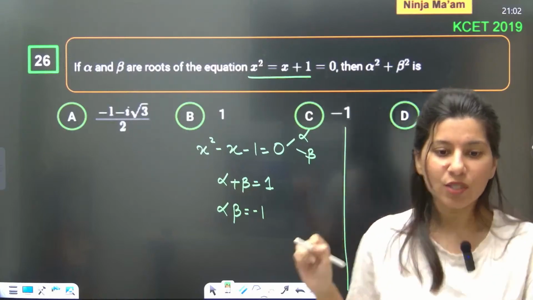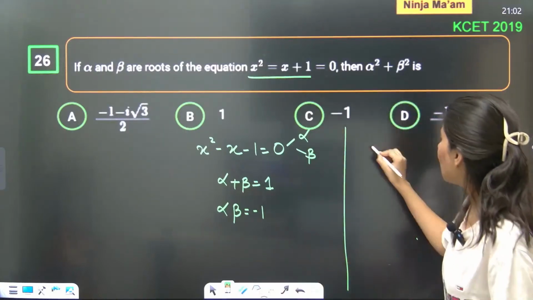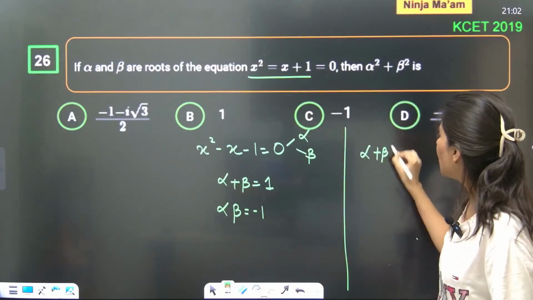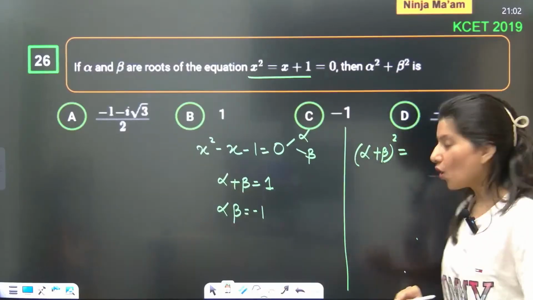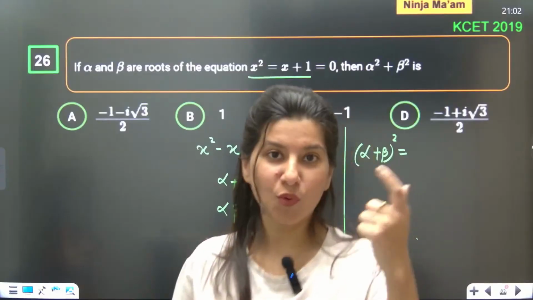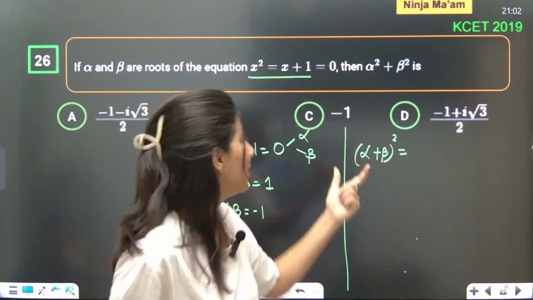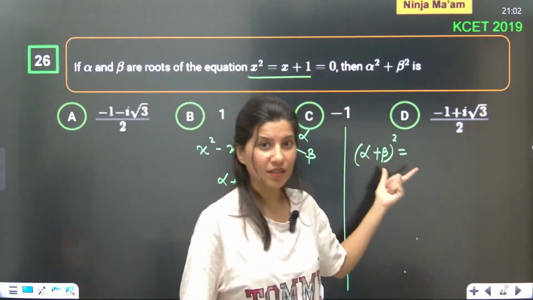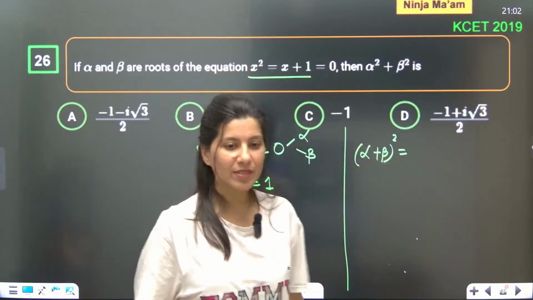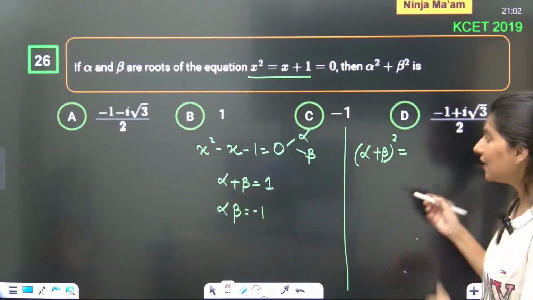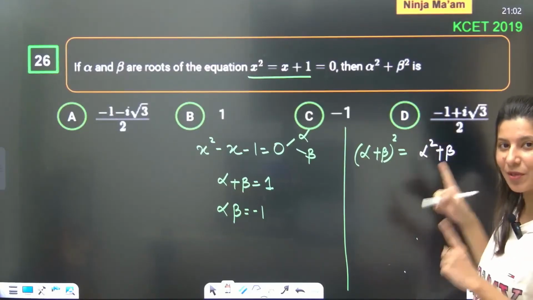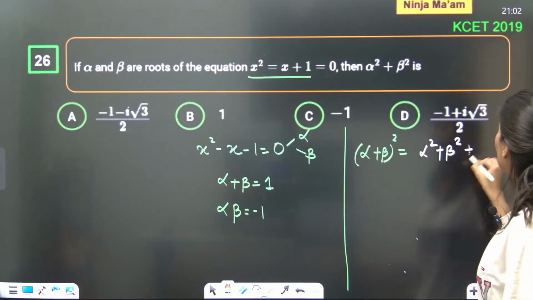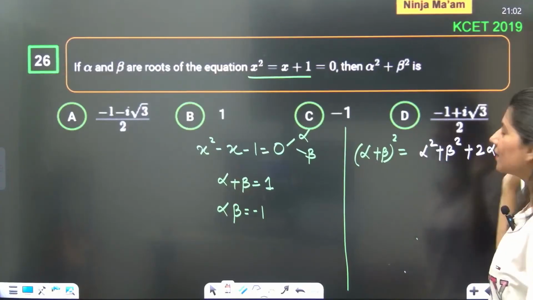Now, Kaustubh, can you tell me what is the formula for alpha plus beta whole square? See, your attention was on what I was wearing, but your attention should be here. What is the formula for alpha plus beta square? I think that's the basic identity, everybody should be aware of it. So let me write it down in white color because you like white color, I think, so that you remember this formula.